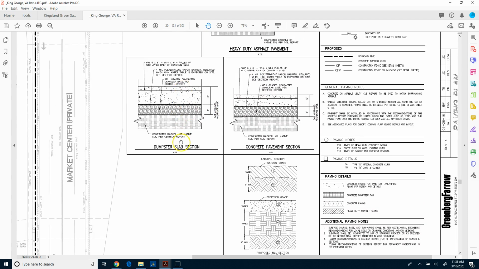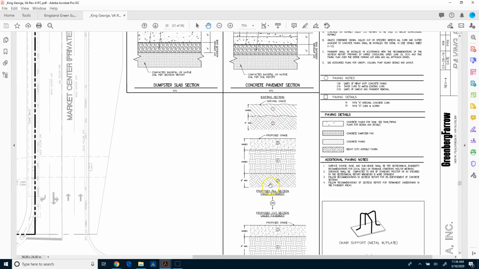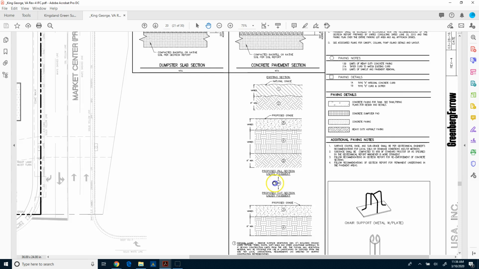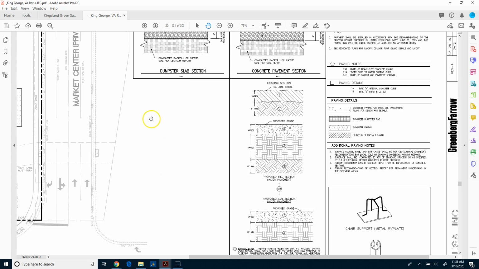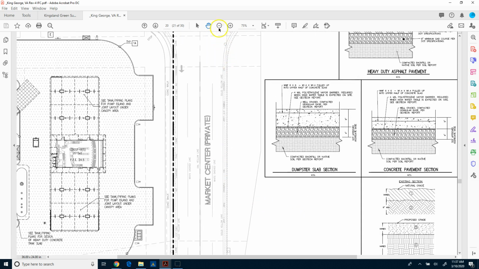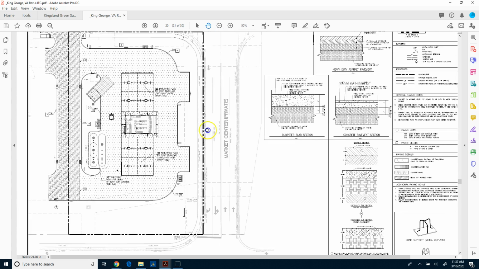The dumpster slab here, you can see our concrete and wire mesh or rebar. We've got the sub-base compacted backfill, and then we also got our earthwork, basically in the non-paved areas, so our topsoils and whatnot. So that information would be used in a takeoff as well as obviously in construction,